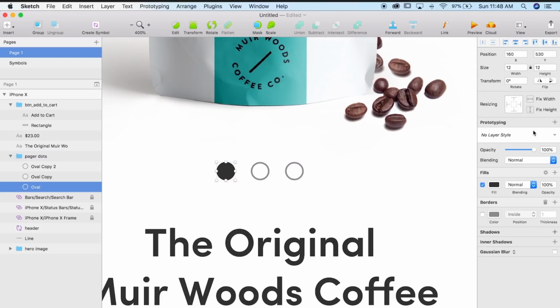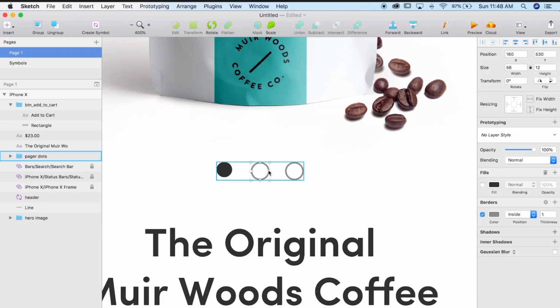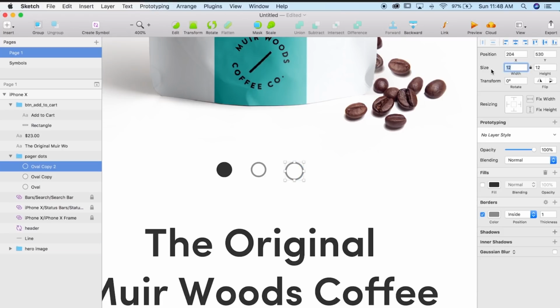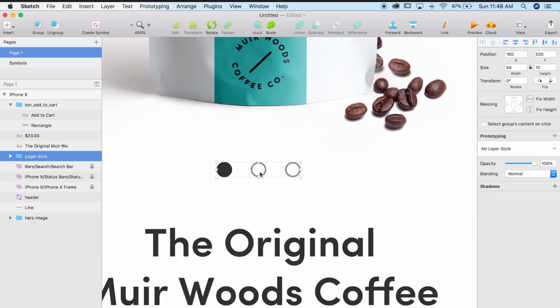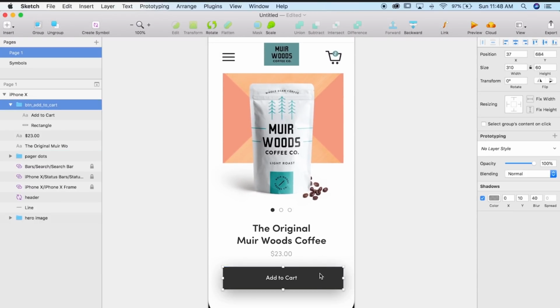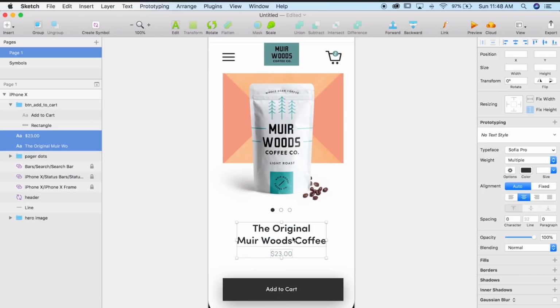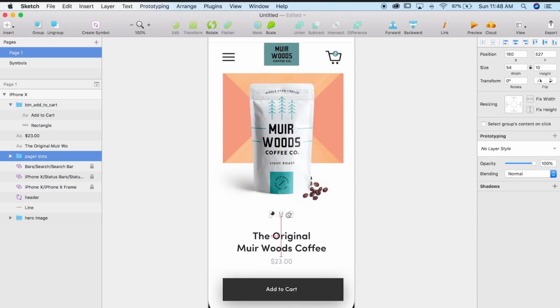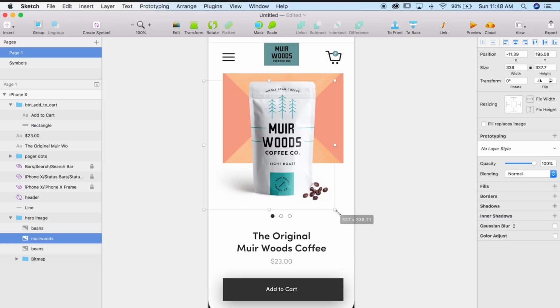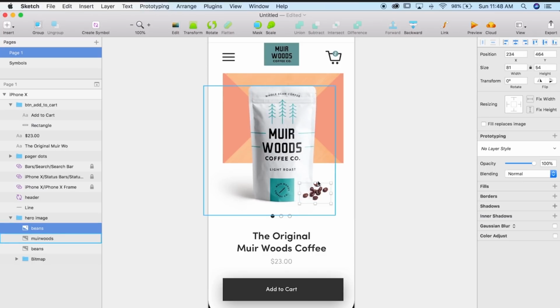Now that I look at these dots, they're a little close together. And they're honestly a little big. So I'm going to go to 10. This is just me taking a step back, looking at the entire design, and deciding that I think these are a little too big. There, that fits a little bit better. So that's our basic page that we laid out here. You can spend time playing around with the spacing on all these elements and maybe resizing things to make it work better. But I'm pretty happy with how this is turning out so far.